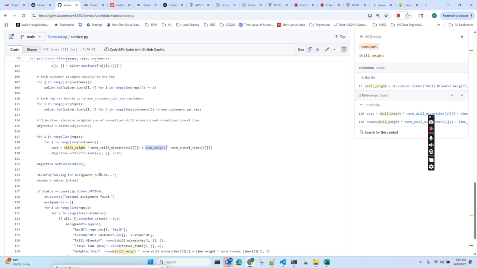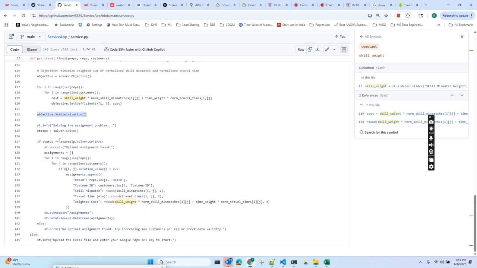And over a period of time, if you have loads of data, you can do machine learning to arrive at these weights. These weights need not be given manually, right? You can also train machine learning models to learn these weights over a period of time. Okay. So we set this objective as set coefficient and eventually we set the parameter as minimization because we want to minimize the cost. Okay. And solver.solve would start the process of doing the linear programming for finding the minimum cost. Once it finds that, the status would be solver.optimal, and once the status is solver.optimal, we say that with this